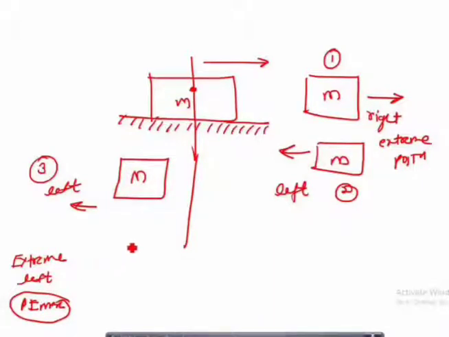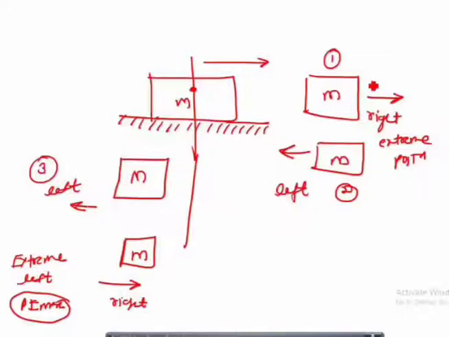And again this mass is at the left only, but now moving to the right. So the mass is now moving to the right. In this way we have considered 4 positions of the mass moving from the mean position, once to the right and once to the left, and then you can do the analysis. I hope you have understood.